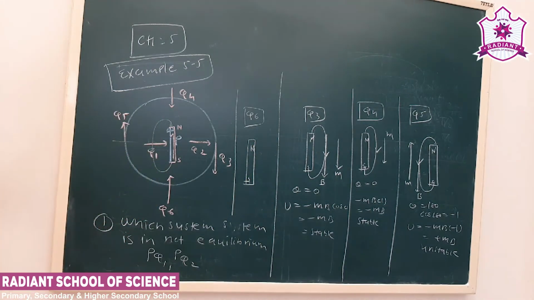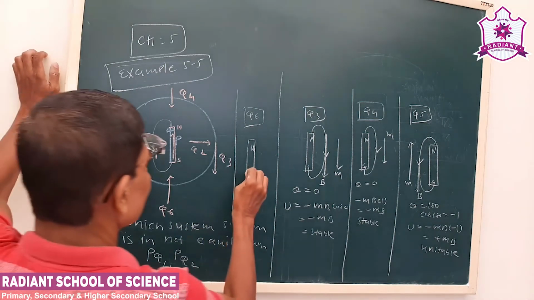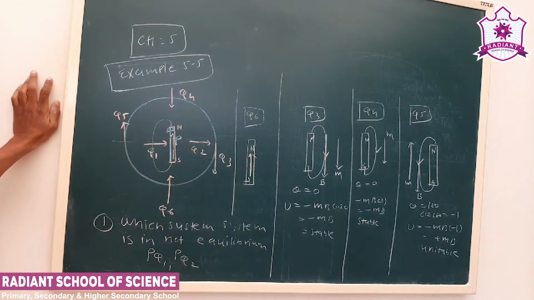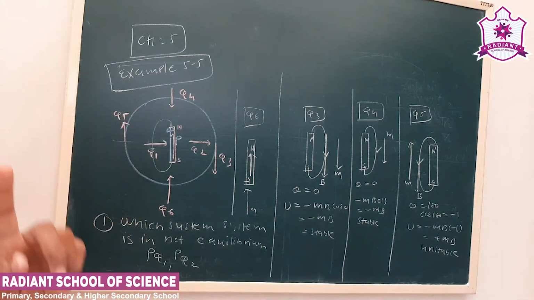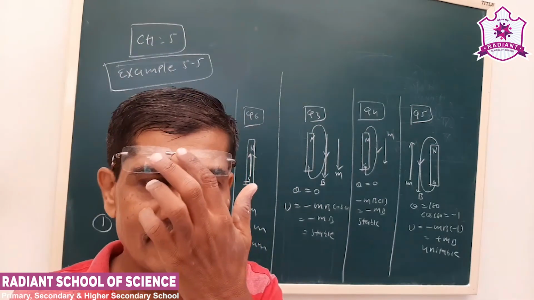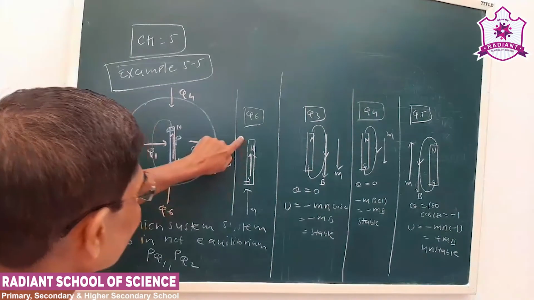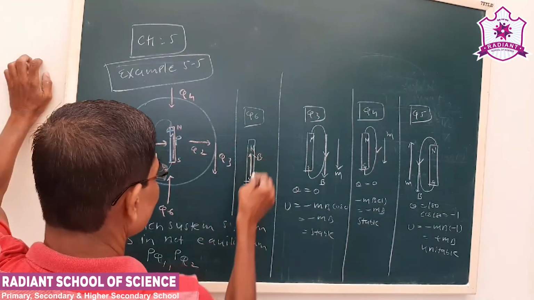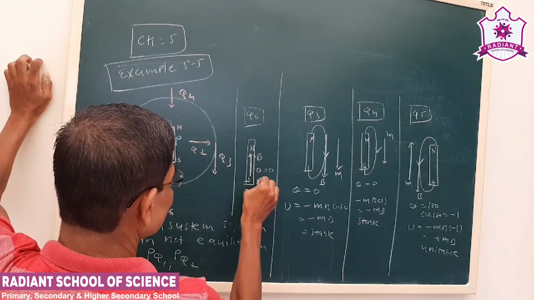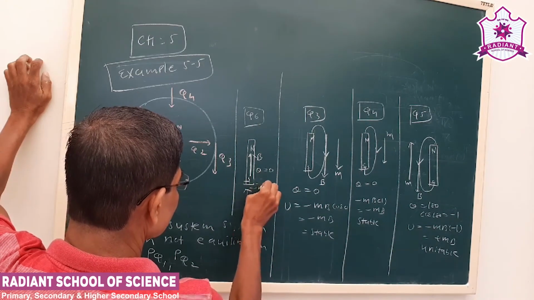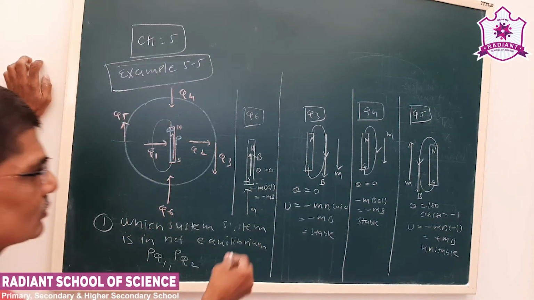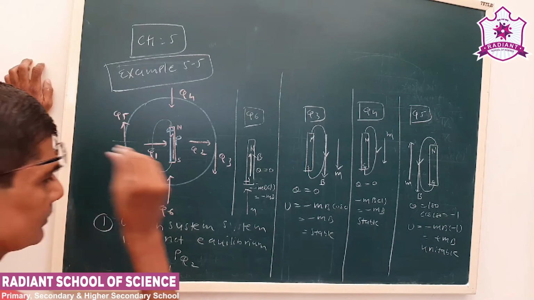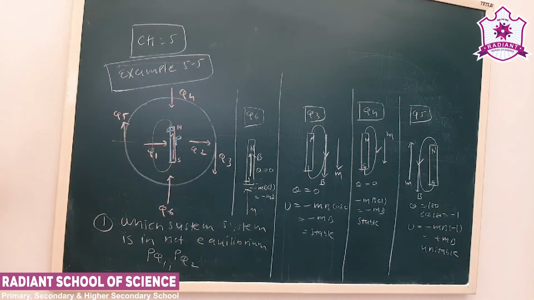Now see, this is the magnetic field of the bar magnet and this is the dipole moment M. Remember, inside the bar magnet the magnetic field line is from S to N. So this is the magnetic field line B and this is M, theta is 0, that is why it is minus MB. So this is also stable.